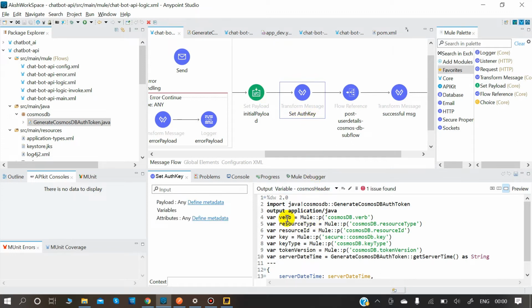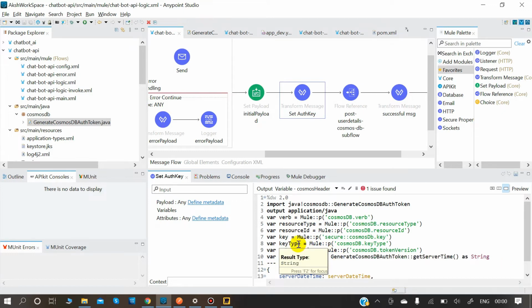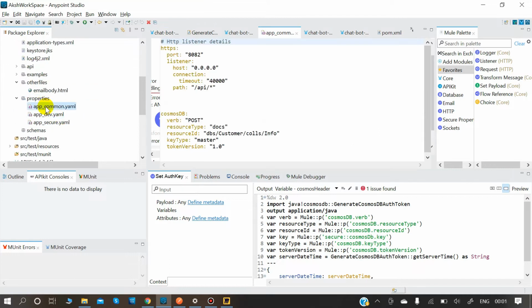As you all can see, the verb, resource type, resource ID, key type, token, server date time, everything I'm taking, till the token version, I'm trying to take from the properties file. So in future if any change comes, you don't have to touch this code, you only have to touch this configuration file that I'm showing you, which I have kept in the properties file.